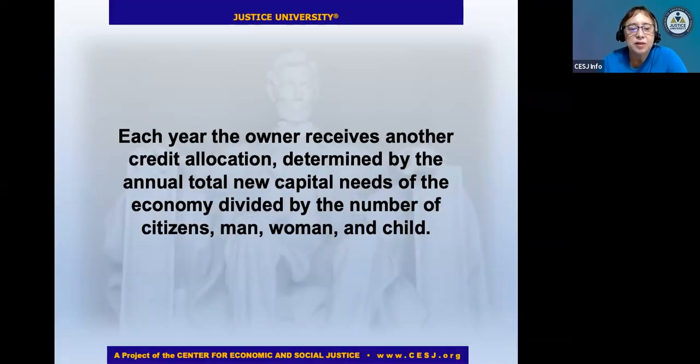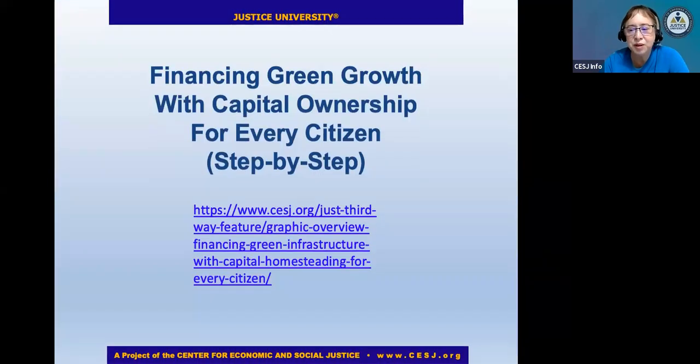Okay, and so as we said, each year there's going to be an annual determination of how much capital credit is going to be created depending on how many newly issued shares these corporations are planning to sell. So everything is going to really be kicked off by corporations knowing how much they need in order to purchase capital for the coming year. And so connecting the individuals through their COAs to the selling companies, that's part of the whole system. And this would be available to every child and adult.